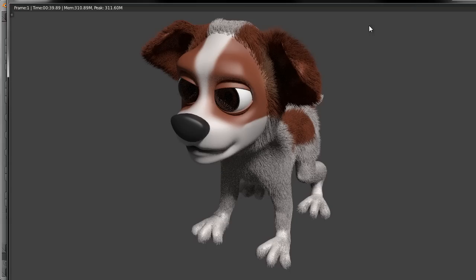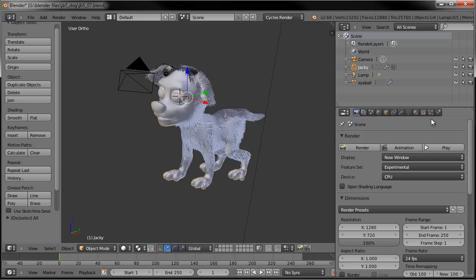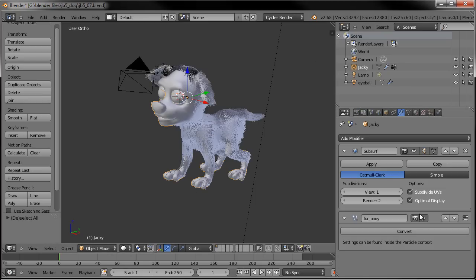Okay, and that's done. I think the fur looks pretty good on the body for the most part. It could obviously use a little bit more work here and there, but overall I'm satisfied with that. Now I'm going to go ahead and do the face. So let's turn that one off for now, just the visibility, and we'll go back to particle